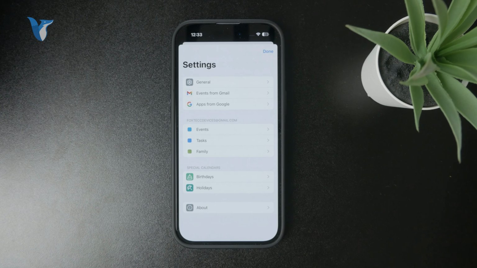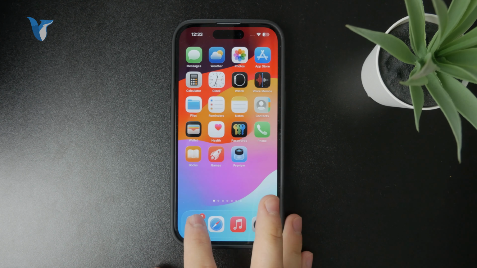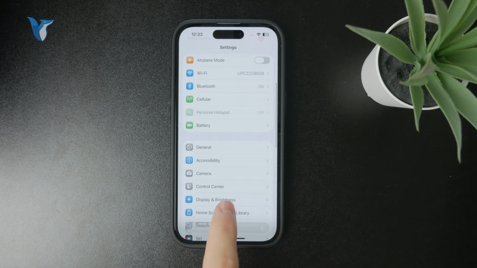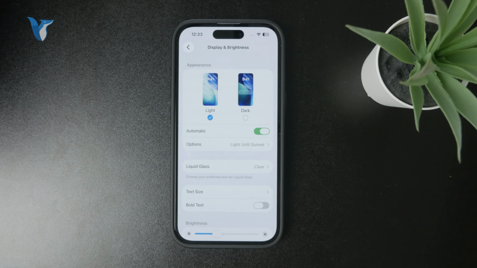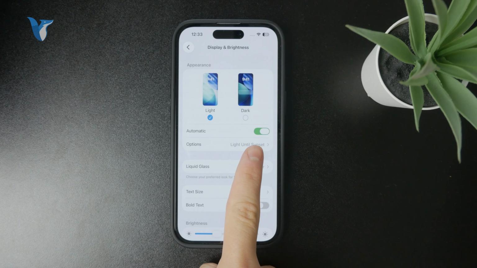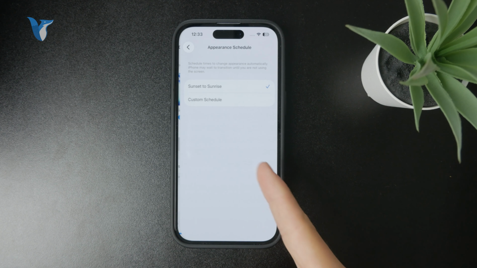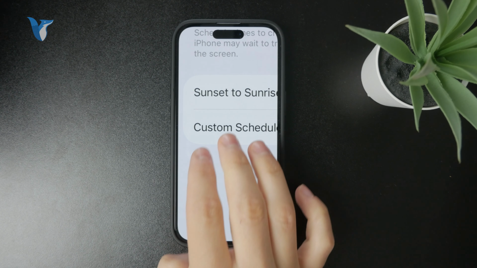But for more control over it, I recommend you to go to the settings app of the iPhone and see the display and brightness menu. In there, you again have the same buttons for appearance, so you can toggle it on or off, but the automatic option is really important as well, because this lets you schedule and plan in advance the way your phone